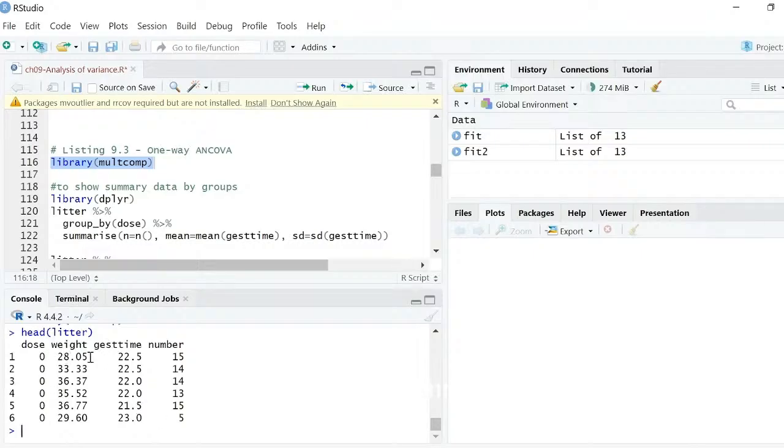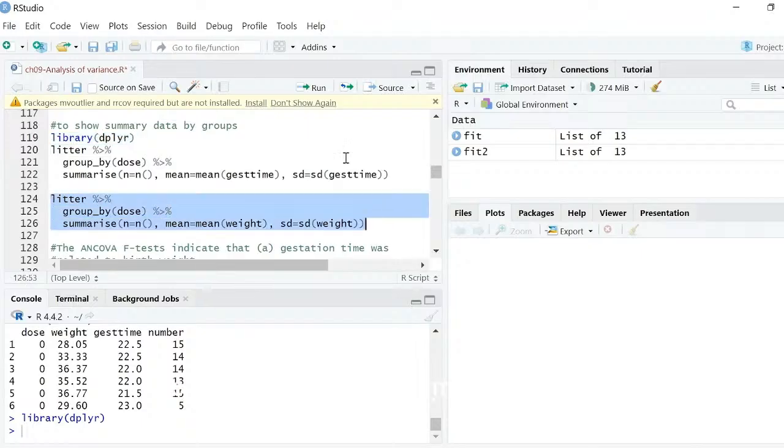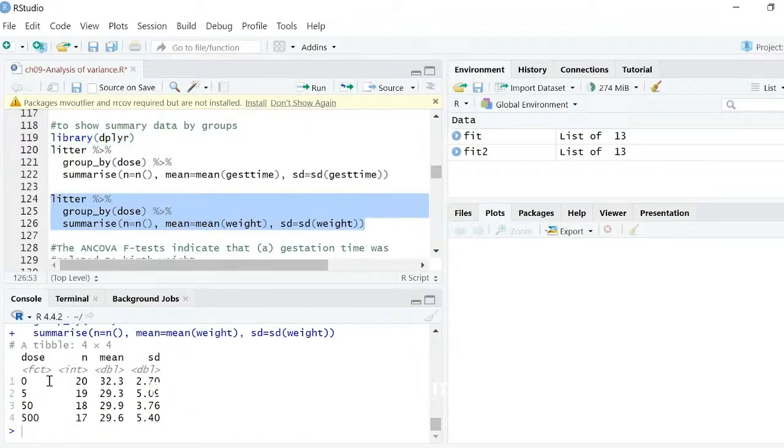The 3 columns, and we also use the dplyr package to show the information more clearly by group. So by dose group, there are different values, their treatments from dose, and their observations, their mean values, and standard deviation. So you can see mean values for this group without a dose are very large,